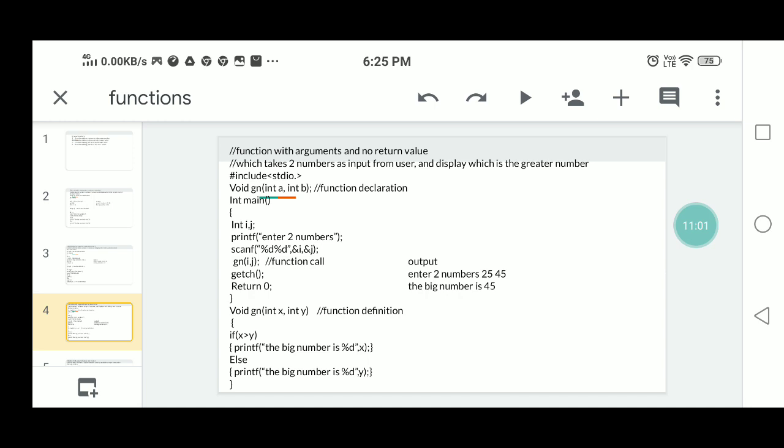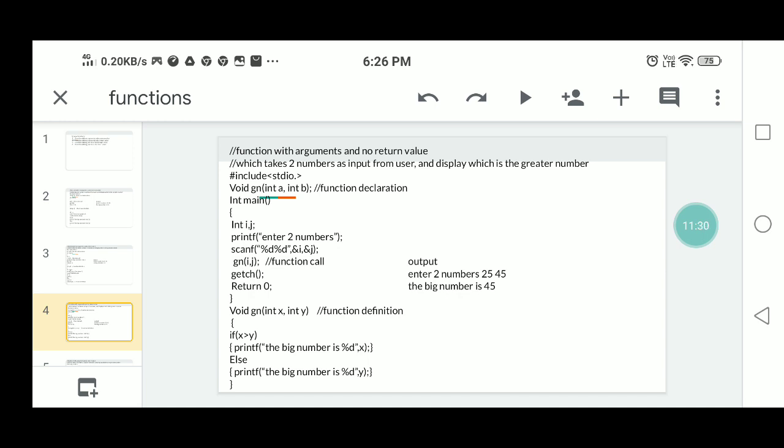In the main function the actual parameters are i, j. In the user defined function x, y are the formal parameters. Whenever it receives the values from the actual variables, the formal parameters x, y receive the values from the actual parameters i, j.